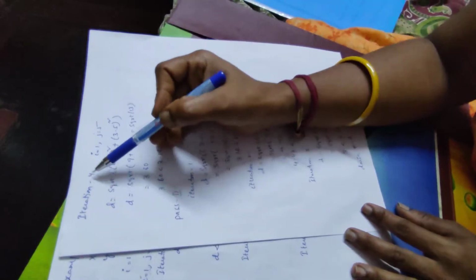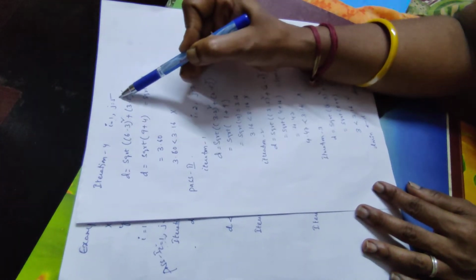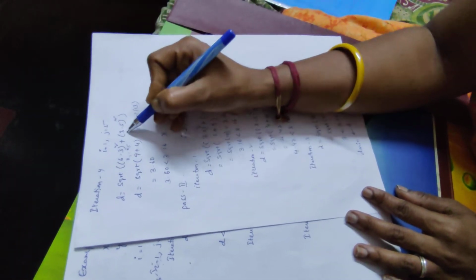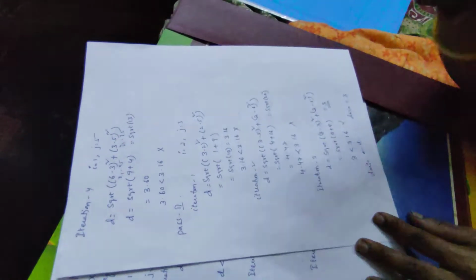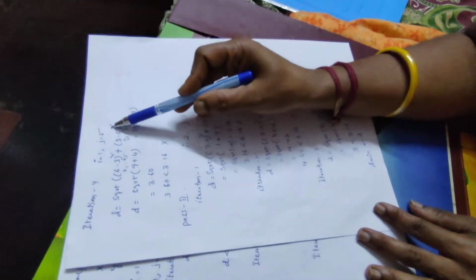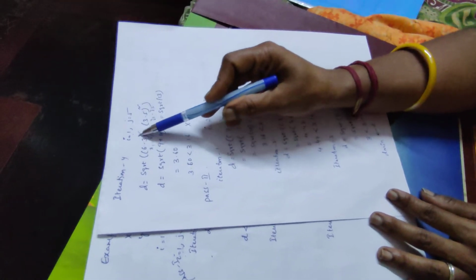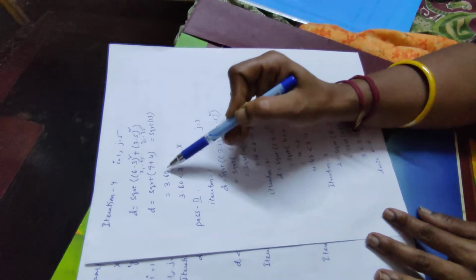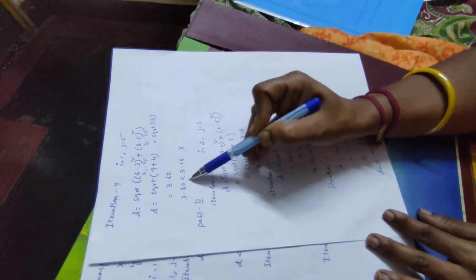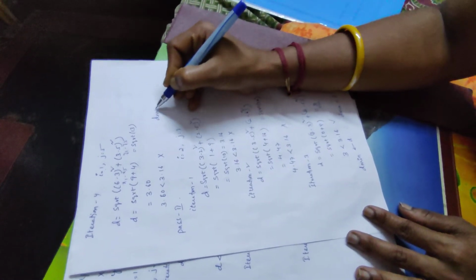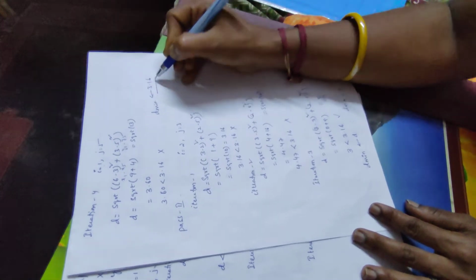And after that, my fourth iteration in my first pass, the i value is 1 only, but j gets incremented, it becomes 5. So it will take x1 minus x5, y1 minus y5. Those values are 6 minus 3 whole square plus 3 minus 5 whole square, which is 3 square is 9 and 2 square equals 4. This is square root of 13, which has the value 3.60. Now I compare: 3.60 is less than 3.16? The condition fails. So my d min still remains 3.16 only.